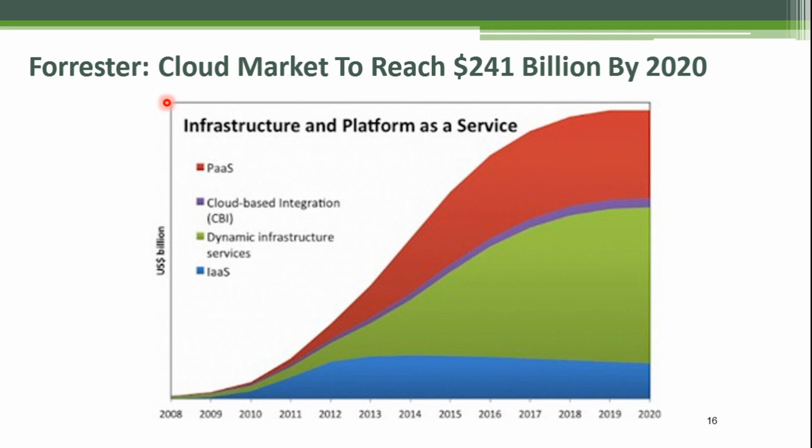If you look at the requirements, in 2008 the requirements were here. Nobody was using cloud, and then suddenly the requirement, the blue represents the infrastructure as a service. The requirement for infrastructure as a service just started growing here. From here it became very constant. But the dynamic infrastructure service, which is again an extended mode of IaaS, began extending from here to here. So this is completely IaaS. Then you have PaaS here. From 2008 to here, it's a huge growth, right? These are in the billions of dollars.